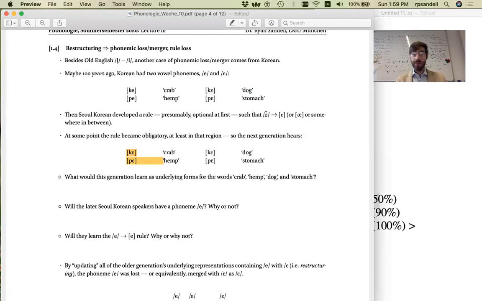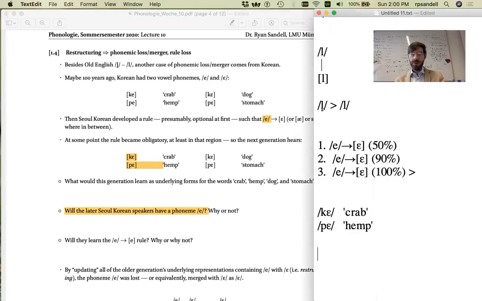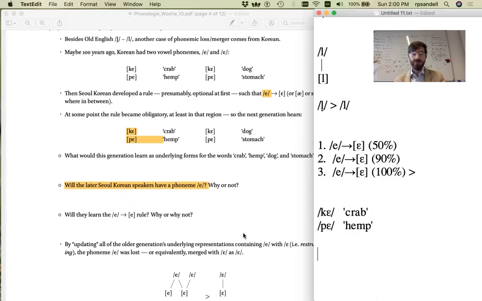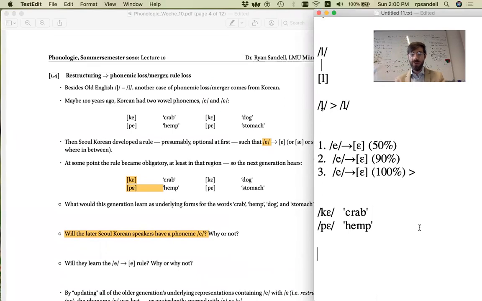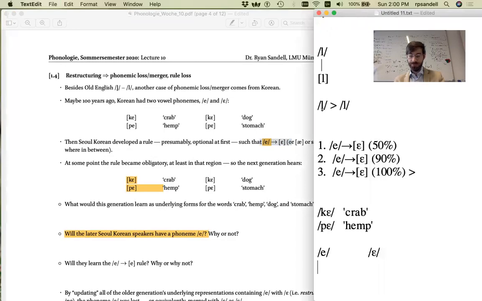So if this happens systematically with all instances of the tense vowel e, what would have happened to this phoneme a? We should expect, just like we saw with the English voiceless lateral approximant, that the phoneme a will disappear from the language. So we can represent the phoneme inventory in the earlier stage as having two phonemes, a and e, when this rule of optional, let's call it,